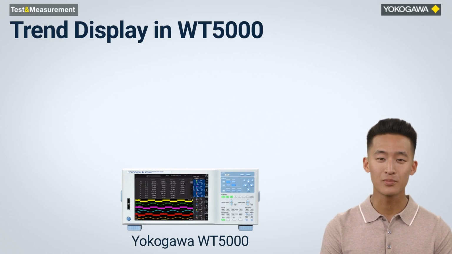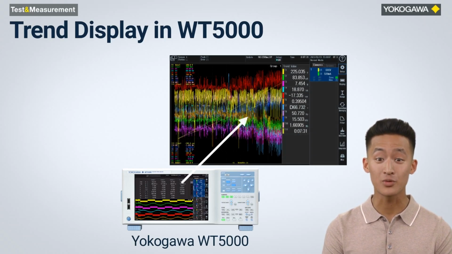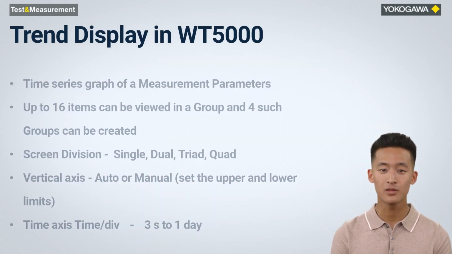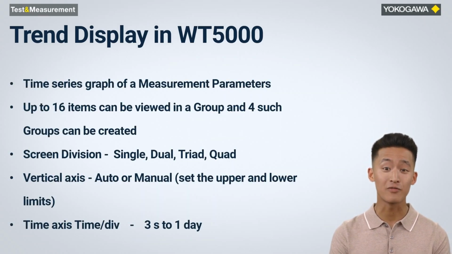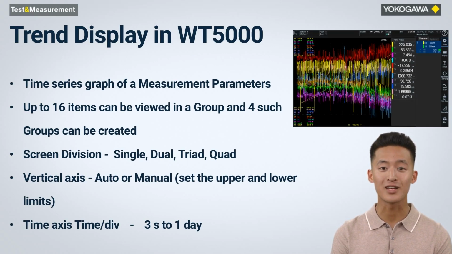Hi. Welcome to a new video of Yokogawa WT5000 in which we will learn the configuration and use of trend display. Trend display is a time series graph of measurement parameters which helps to do the analysis of long-time recorded data. Any measurement parameter or function or user-defined item can be pulled to trend display to view it in graphical way